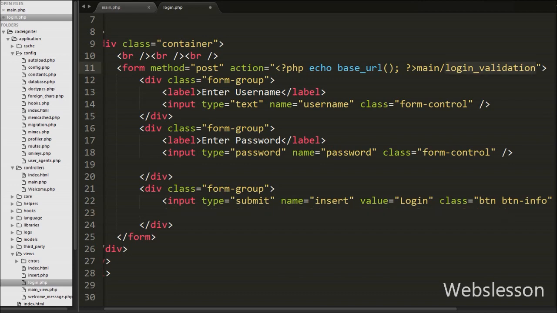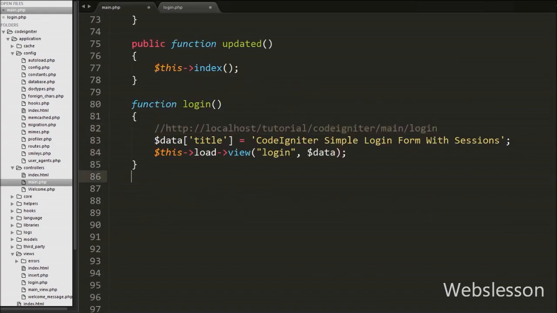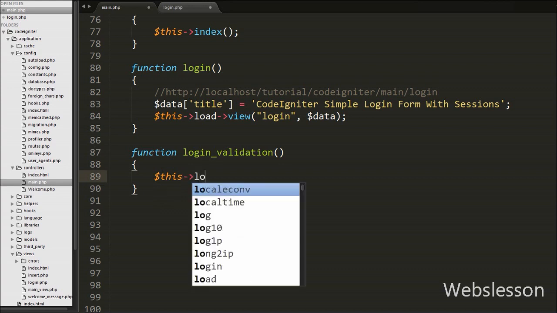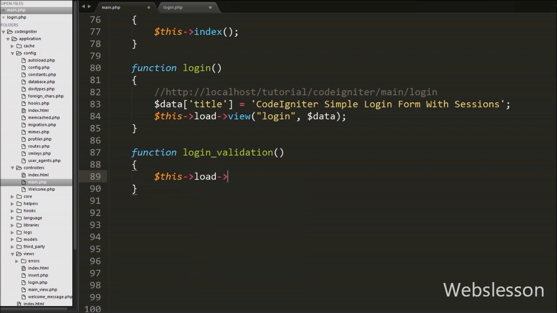So in the main controller, we have to write the function login_validation. This way we have to create a function in the controller. When the login form has been submitted, at that time this function will be called. Under this function, first we want to put validation, like the value of both text boxes, username and password, is